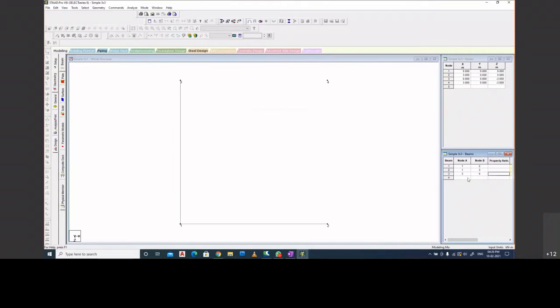Similarly, you can type here 2 to 4 so that your next beam can be connected. Now if I press shift plus B, you will get the beam numbering 1, 2, 3, 4. I hope that is very simple and very clear to you.